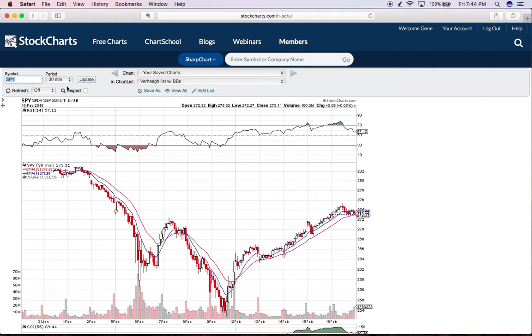Here's the 30-minute. I wanted to show you the 30-minute chart too. Maybe you're holding something for a day or two or three. You can use a 30-minute chart. And so right here, you may go short with some put options. We'll talk about options further down the line, but put options help you to make money when the stock is going down, or the ETF in this case. So this is a 30-minute chart